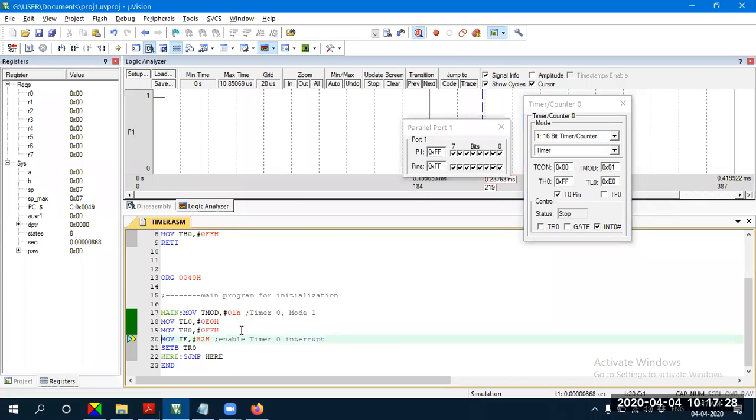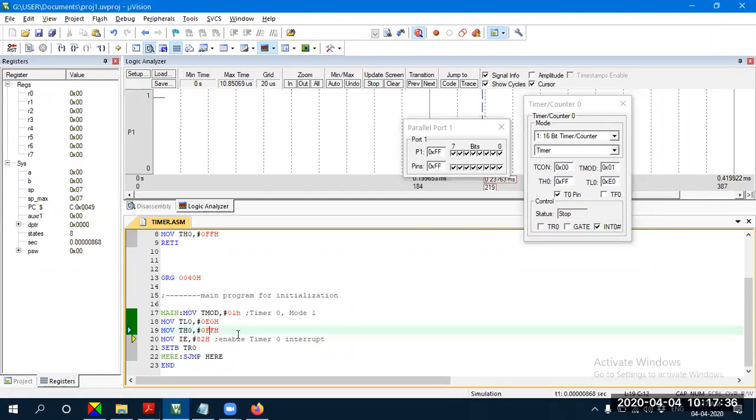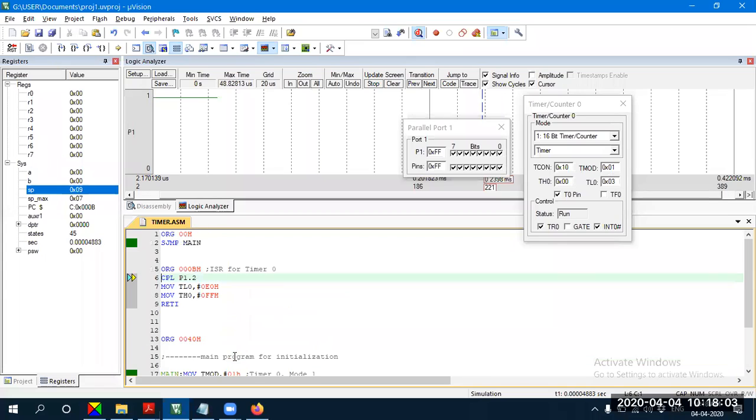Did you observe that the value loaded to TH and TL is FF and E0? I've taken the value as FF E0 so that I can conclude the program faster. So start the timer. Once the timer starts, it starts to count the clock pulses, and till then it executes the main program. Meantime, observe TL0. It is FB now, FD, FF, and once the timer overflows,